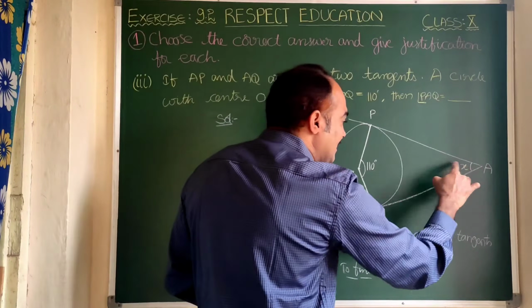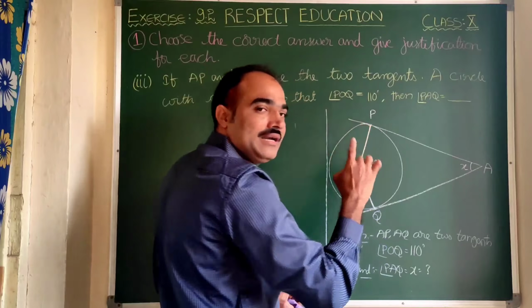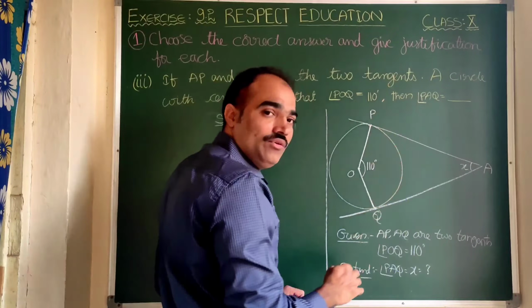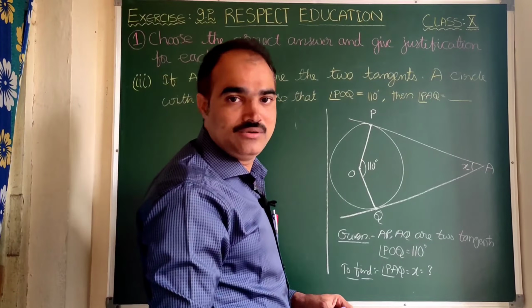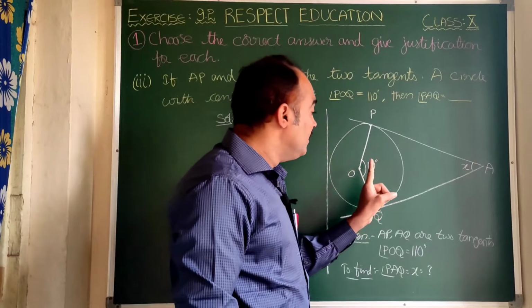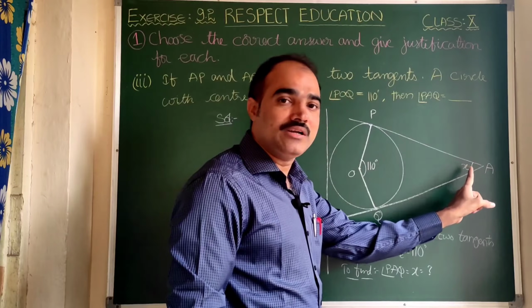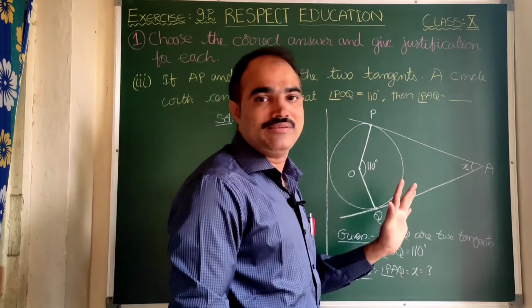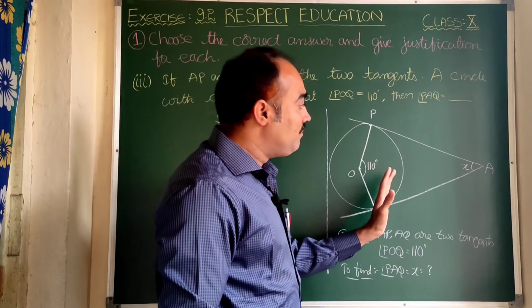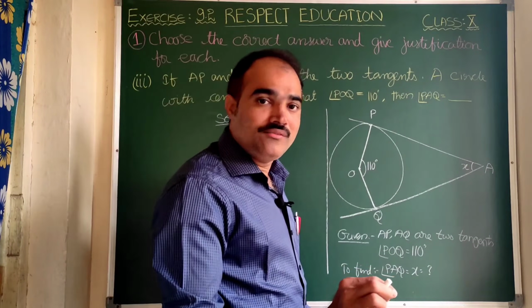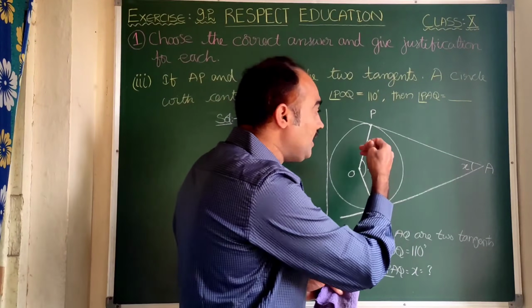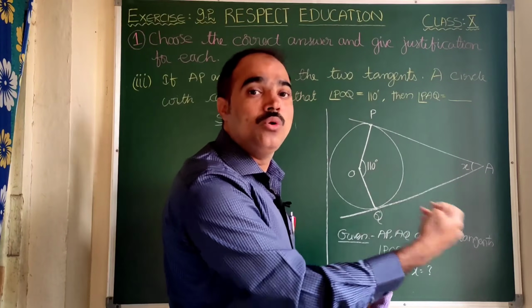So these two angles are supplementary, so directly we can write that 110 plus x is equal to 180. Supplementary angles means sum of the angles is 180. So 110 plus x is equal to 180. From that you can find x is equal to 180 minus 110, that is 70. But so far we did not learn the property. That is the reason we are going to try this one with the known things.